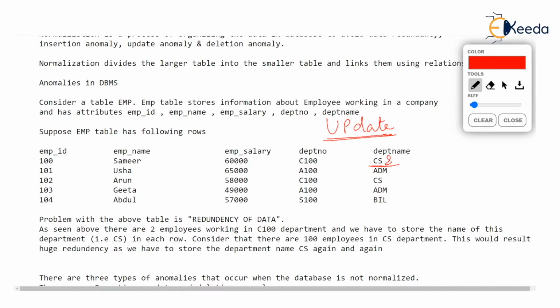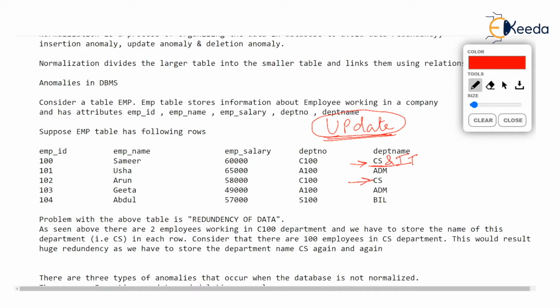That's good. So, what we will have to do is update, that is modify, all those rows where department name is CS. We will have to modify, isn't it?